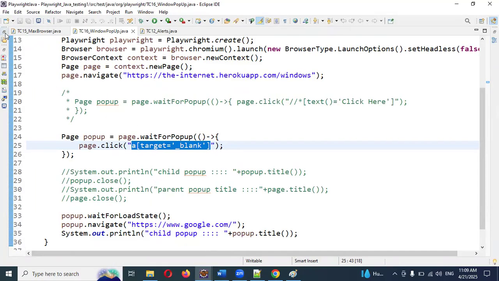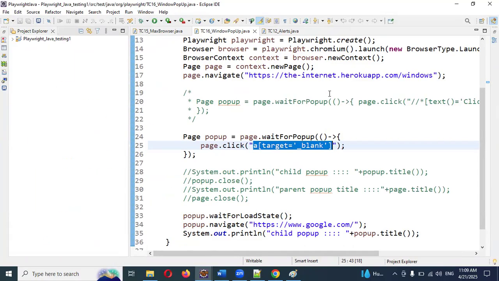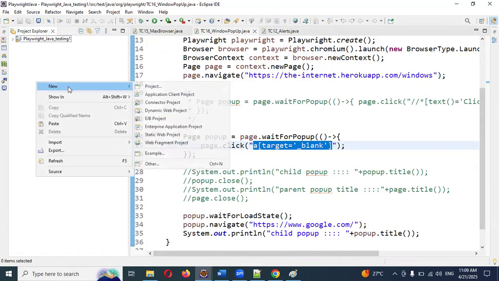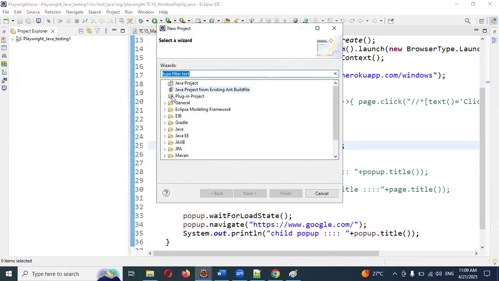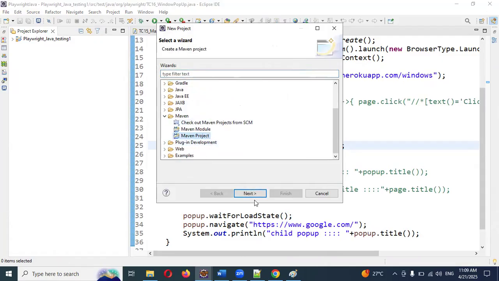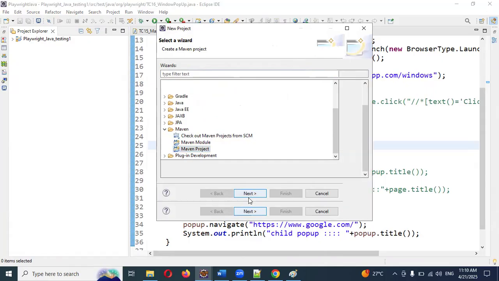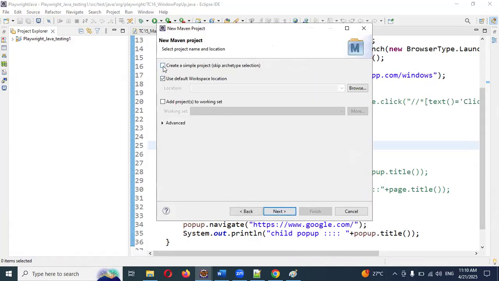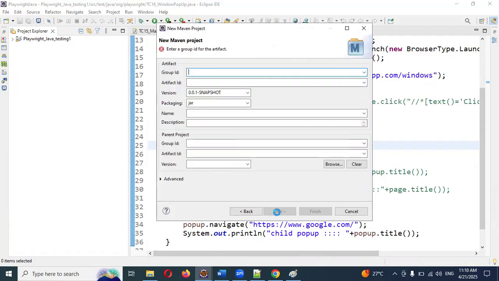Here, under what we already have, I'm going to create my new project. I'm choosing New and Project. Here I'm going to click on Maven and Maven Project, then clicking next, creating a simple project and clicking next. Here I'm using Playwright Java